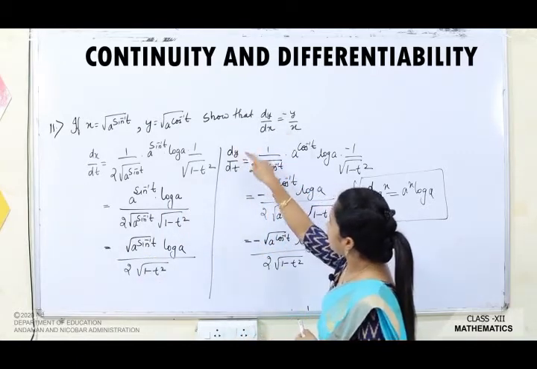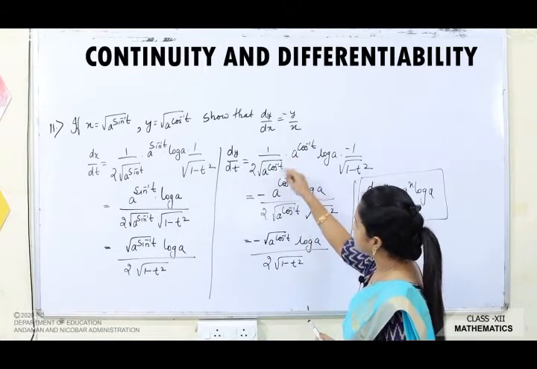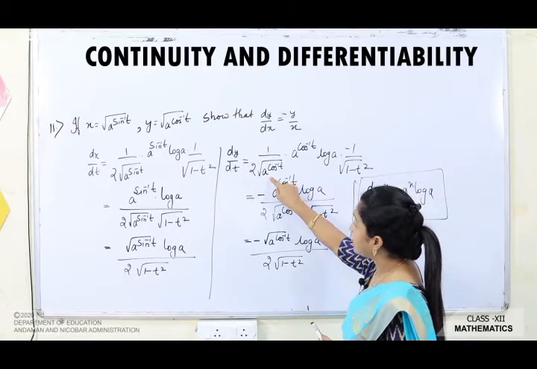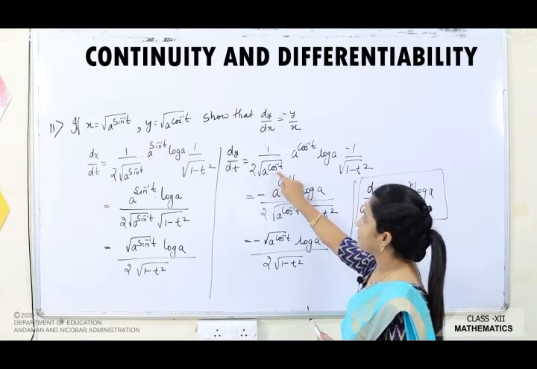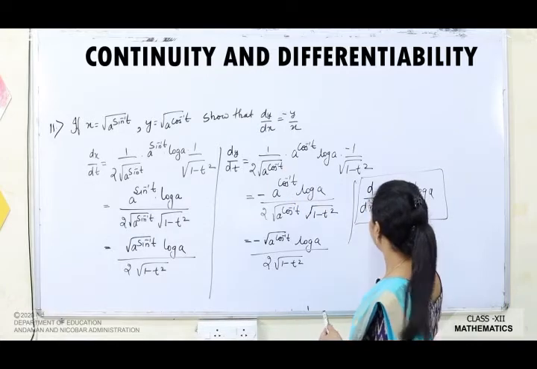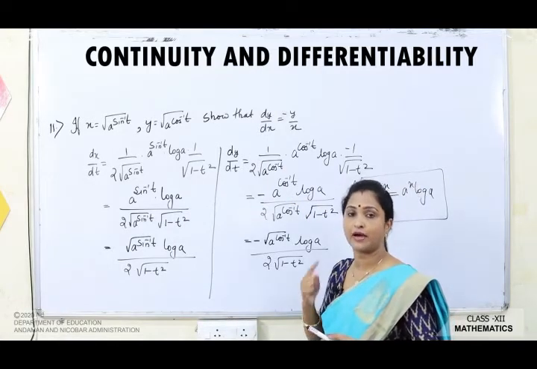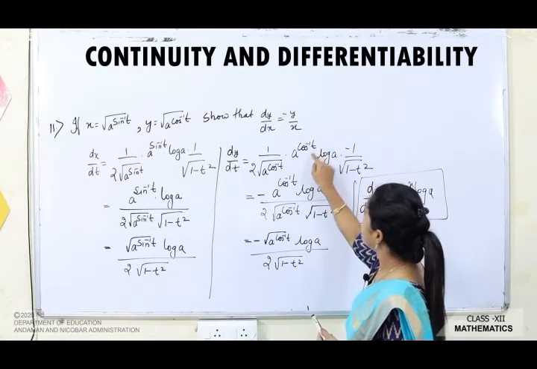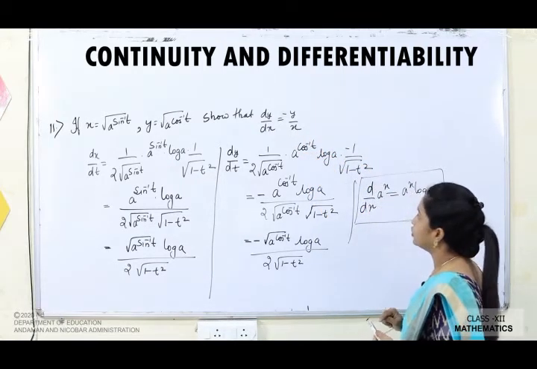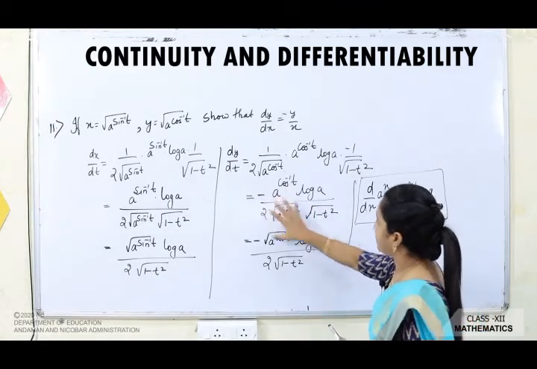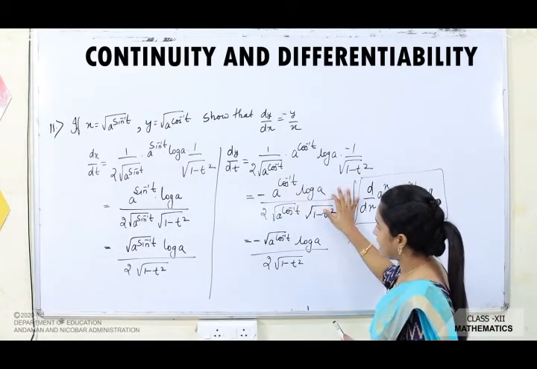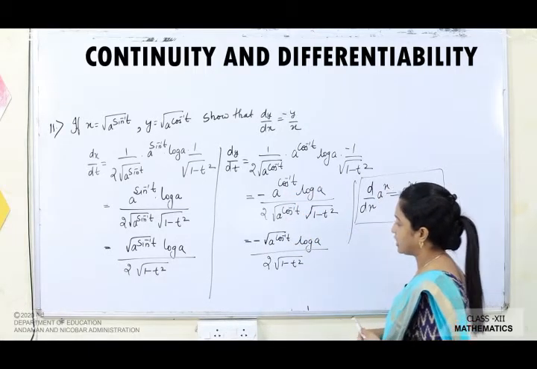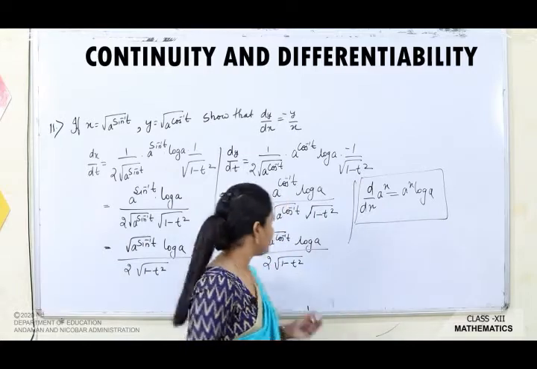Now again you have to differentiate for dy by dt, same process, 1 by 2 root x, in place of x you have a to the power cos inverse t, then d by dx of a to the power cos inverse t. You have to remember the formula for d by dx of a power x, that is a power x log a. So, a power x log a, and then the derivative of cos inverse t, that is minus 1 by root over 1 minus t square. Simplify. Okay, when you simplify, you are going to get this answer. This too you have to simplify. So, root over a to the power cos inverse t log a by 2 root over 1 minus t square